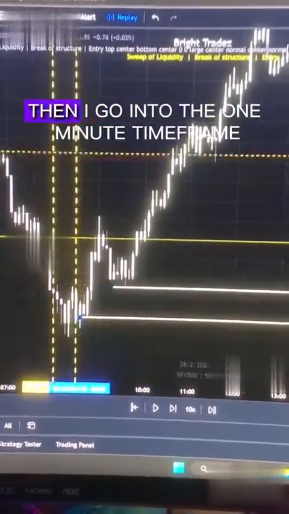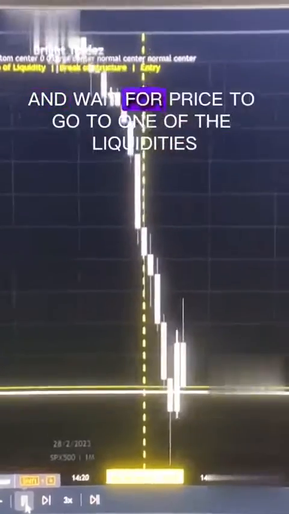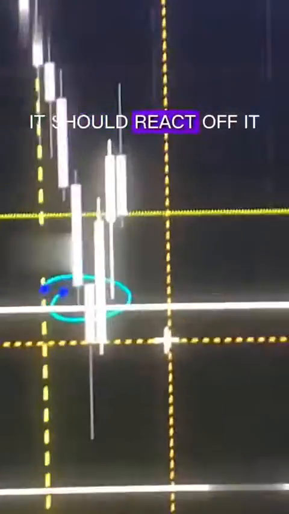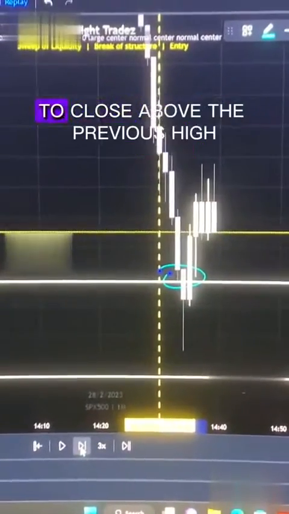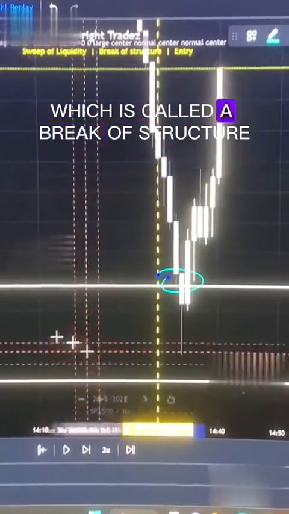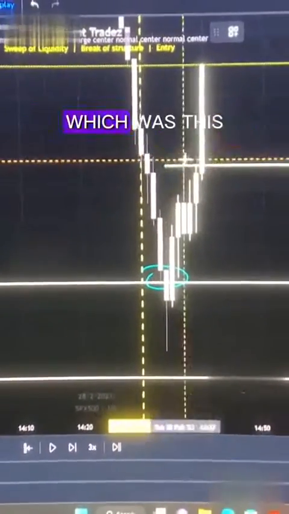Then I go into the 1-minute time frame and wait for price to go to one of the liquidities. As you guys can see, as soon as it hits liquidity, it should react off it, so create like a little line, which is called a wick. So now I just have to wait for one of the candles to close above the previous high, which is called a breaking structure. I'm going to mark out the previous high, which was this, and as you can see,